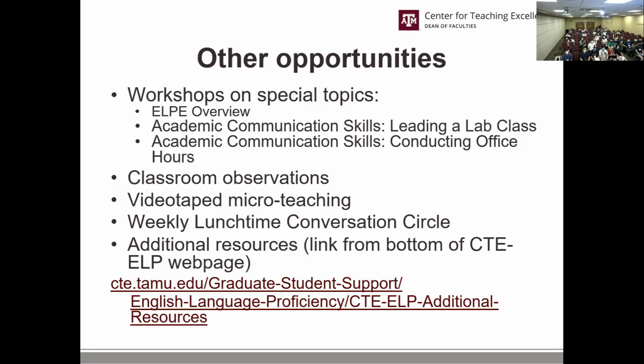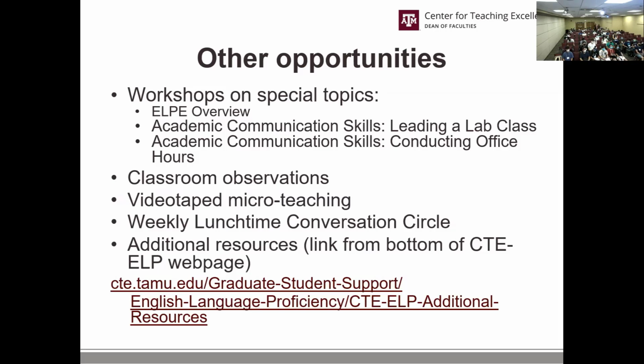If you go to the CTE-ELP's webpage, that link is at the bottom of the flyer. That link is using the university URL shorthand, u.tamu.edu/CTE-ELP. That's Center for Teaching Excellence English Language Proficiency.